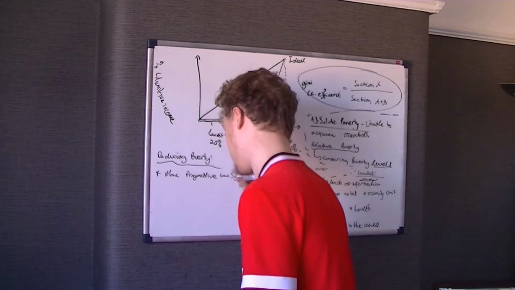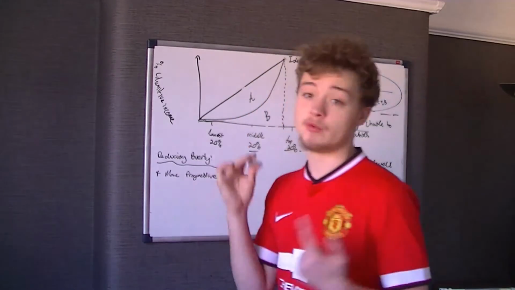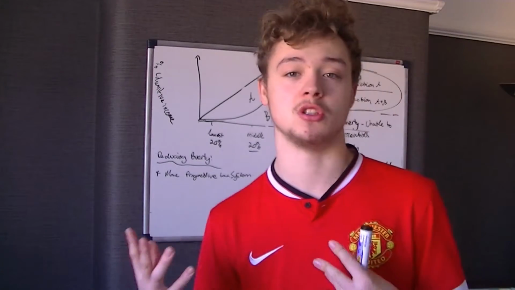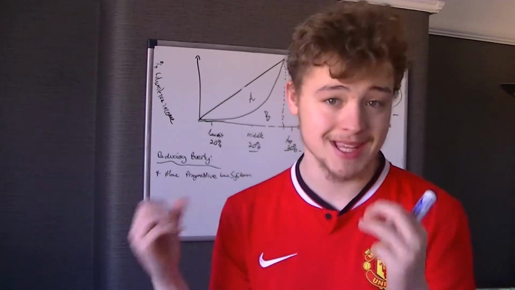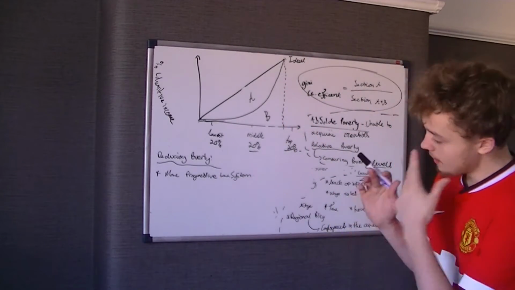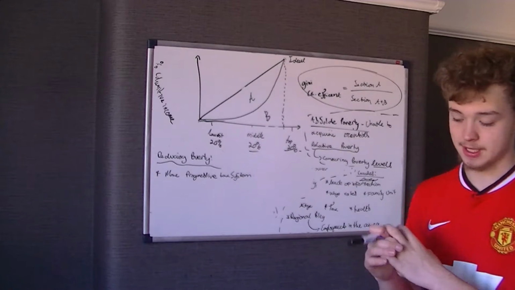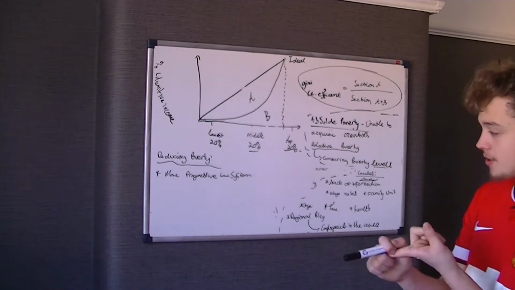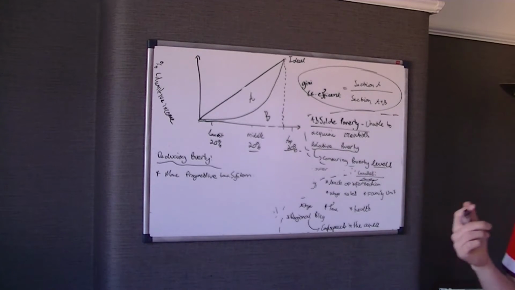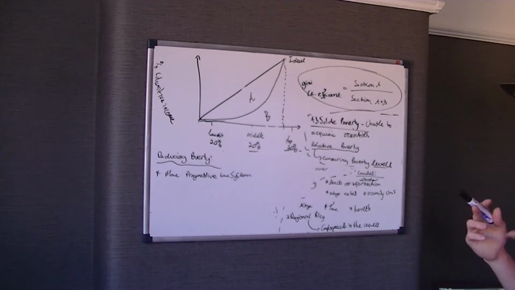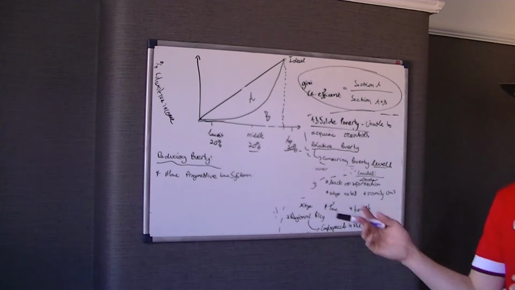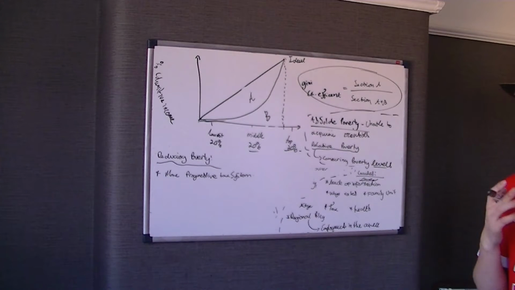Now, I love this one as a way of reducing poverty, because this causes quite a few complications with the idea than you might originally think, and it just shows the examiner you've thought a little bit more about it. Now, if we have a more progressive tax system, then obviously the rich are going to get taxed more, and that provides a higher source of income which we can give to the poor. Sort of an anti-relative poverty measure, or an anti-poverty measure if you reduce the income tax of the poor. However,